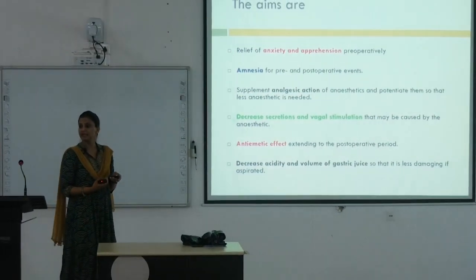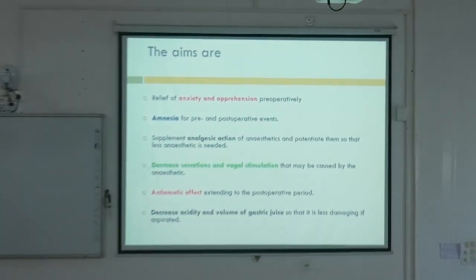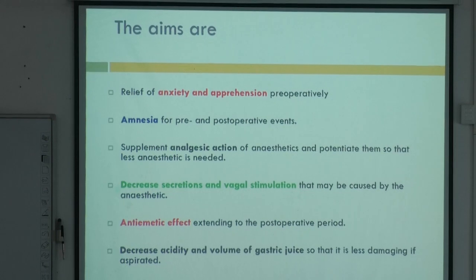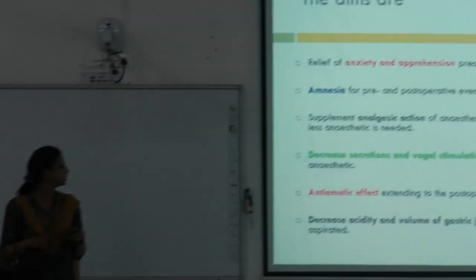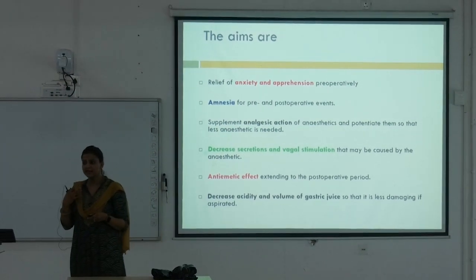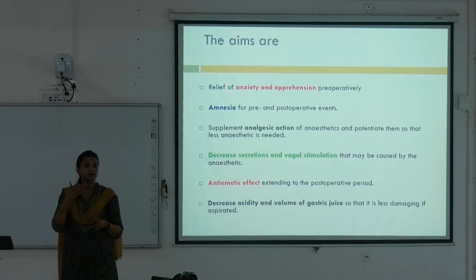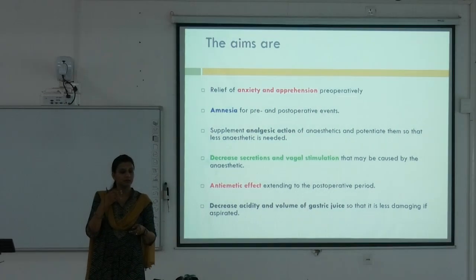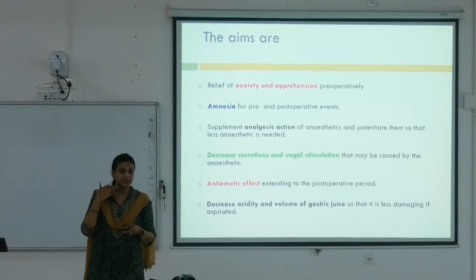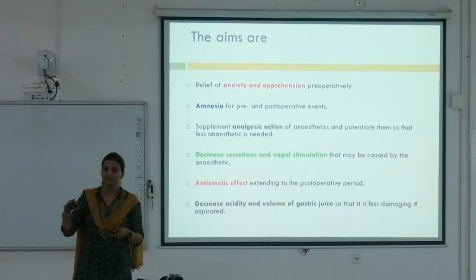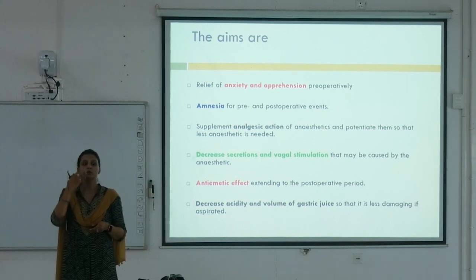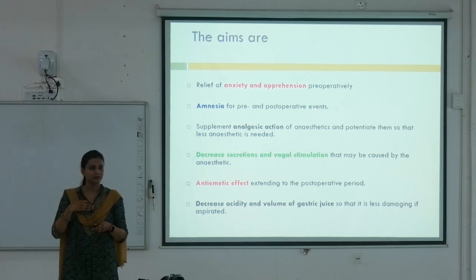Decrease the secretions and the vagal stimulation. Okay? Vagal stimulation হলে কি হয়? Bradycardia. Okay? Decrease the secretions. কিসের secretions? Salivary glands and GI tract, okay, salivary gland and bronchial secretions. When the patient is anesthetized, bronchial secretions গুলো তো জমা হবে, সেগুলো patient অ্যাসপিরেট করে নিতে পারে। ওকে,